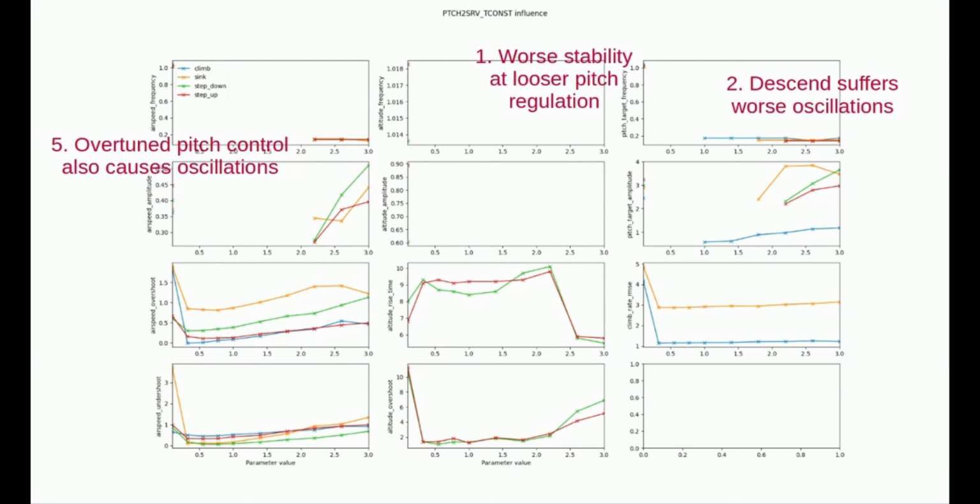This is a sweep of the pitch to servo time constant. And yes, we see that when we make this value bigger, which means we intentionally make the pitch control more loose, more weak, we start seeing after some point oscillations in the pitch command, in the airspeed command, and there's more altitude overshoot and worse